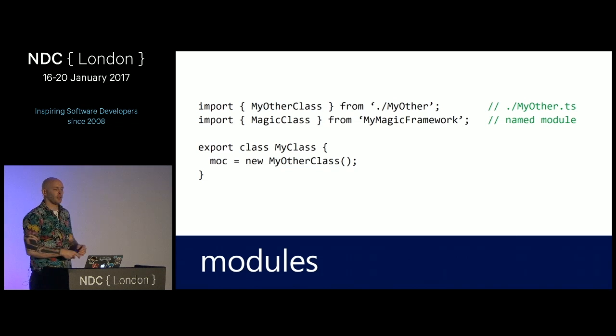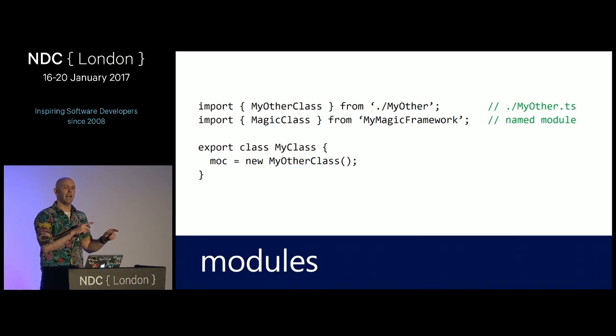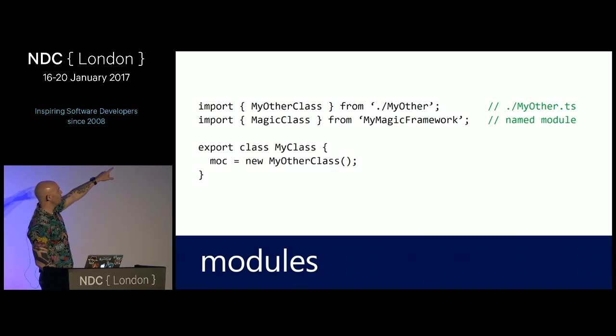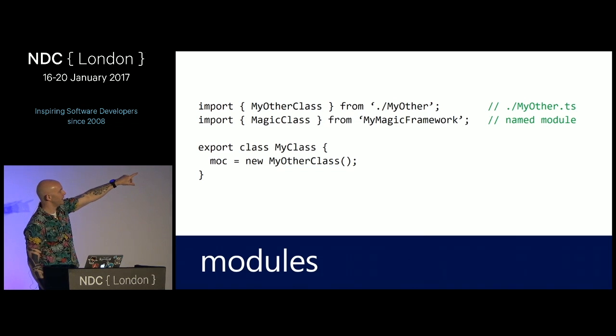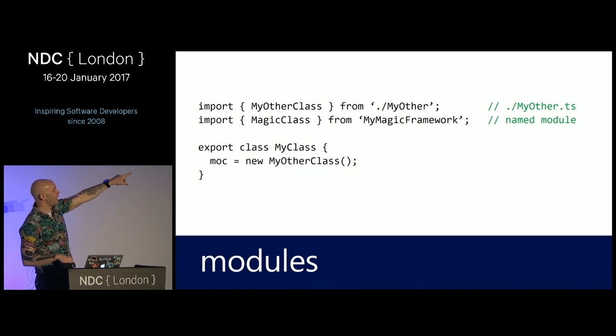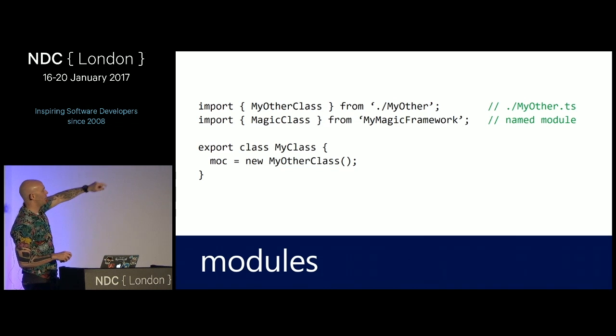Modules is a JavaScript notion, and it's straight out of JavaScript. So it's not a TypeScript-specific thing at all, but it allows us to say in one file that I am dependent on another module, and a module is basically a file. So I can say here, I want to import the definition of my other class from a file that's located in ./, basically the same folder as I am, and it's going to be named myother.ts, but we remove the .ts at the end. We can also go ahead and say, I want to import the definition of a magic class